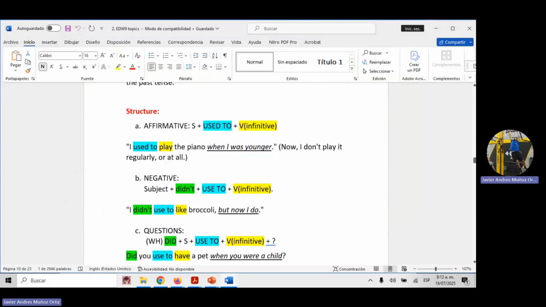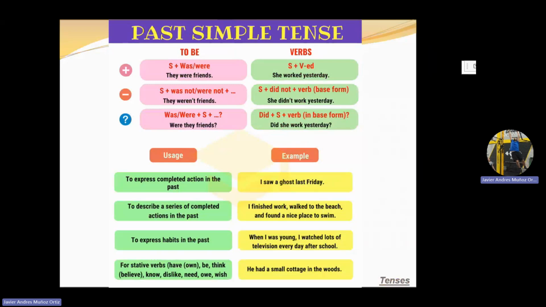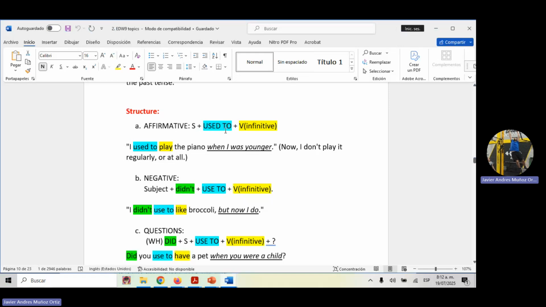How is it going to work, this verb? Well, we are going to take into account the past simple form. Let's remember that the past simple form in affirmative sentences requires a person who performed an action in the past. I wrote, she sang, we believed, and so on. But this main verb here, the past form of the verb, is going to be used to.